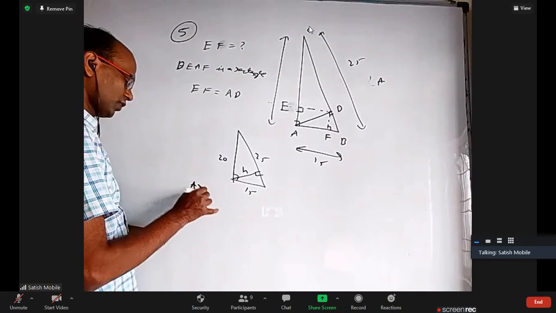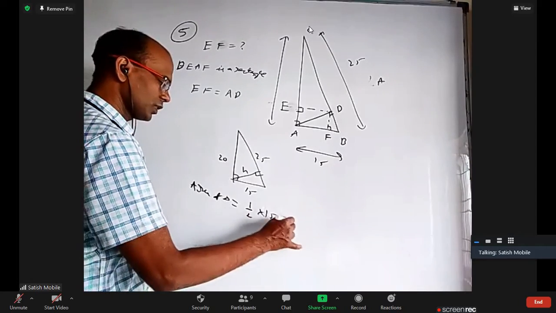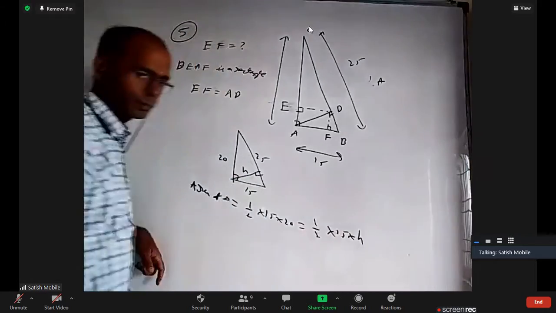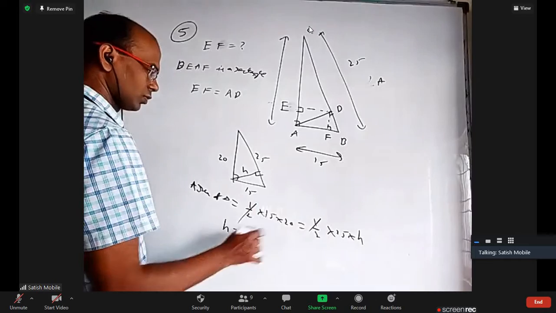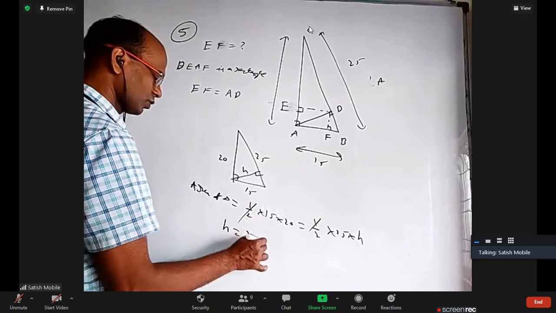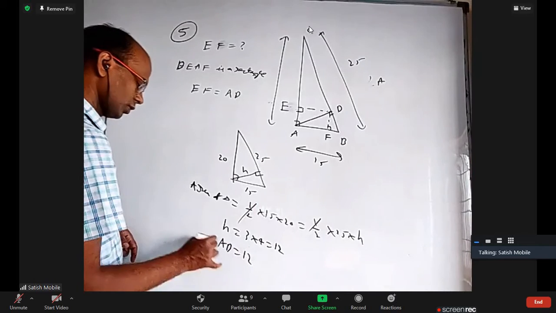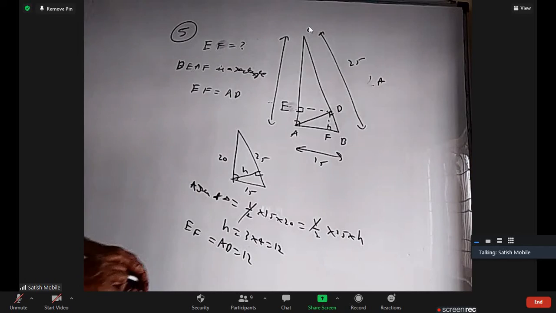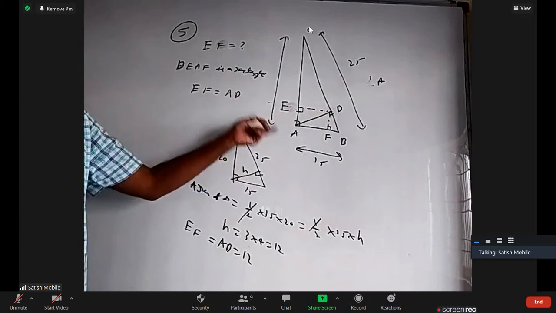So area of triangle is equal to half into 15 into 20 or half into 25 into h. So half and half will cancel. You are getting h is equal to 5 3s and 5 4s, 3 into 4, 12. That is exactly AD is equal to 12. That AD is same as EF. So nothing big. Just you have to recognize, instead of finding FE somehow, understand FE is same as AD.